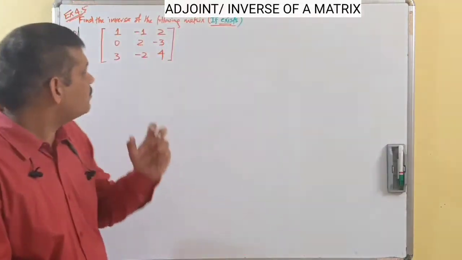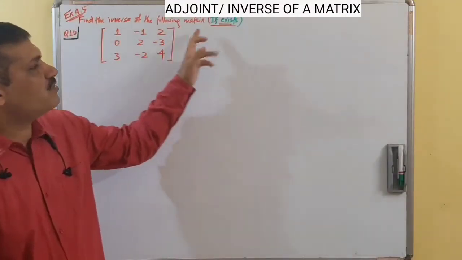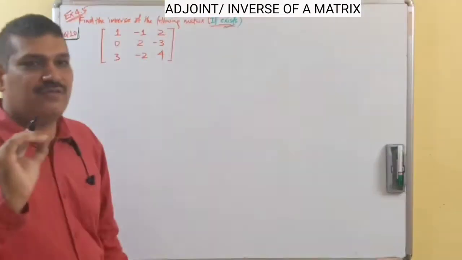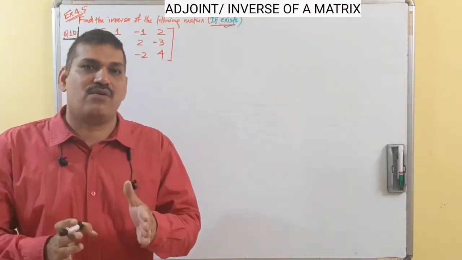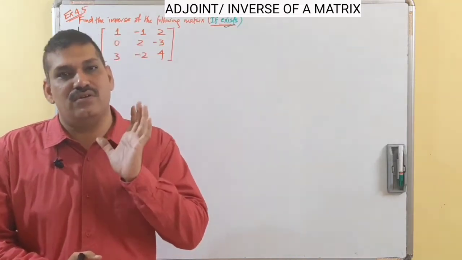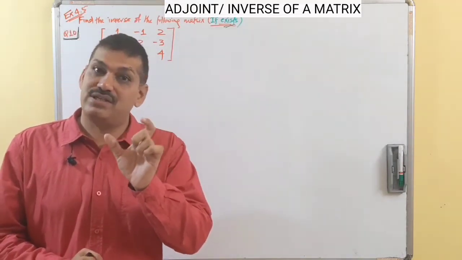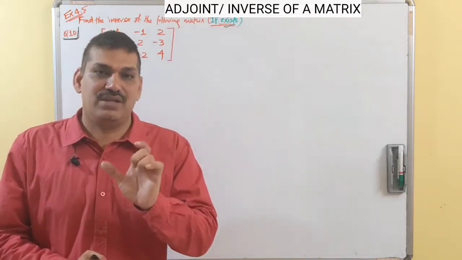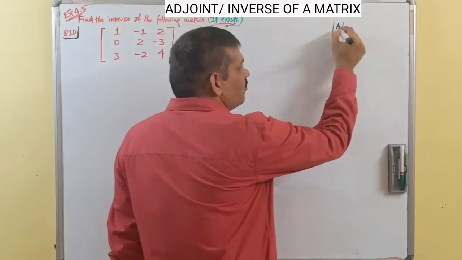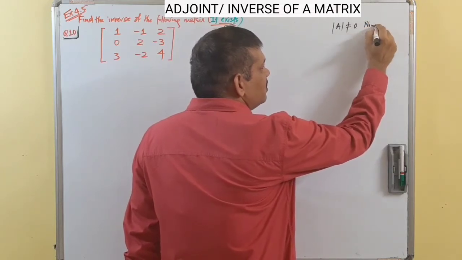We have taken question number 10 from exercise 4.5. Here we are to find the inverse of the matrix, if it exists. Whenever we try to find the inverse of a matrix, first of all we check whether the matrix is singular or non-singular. For a matrix to be invertible, it must be non-singular, that is, its determinant must be non-zero. If the determinant of A is not equal to 0, then it is said to be a